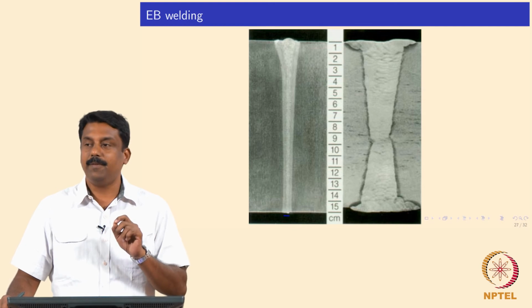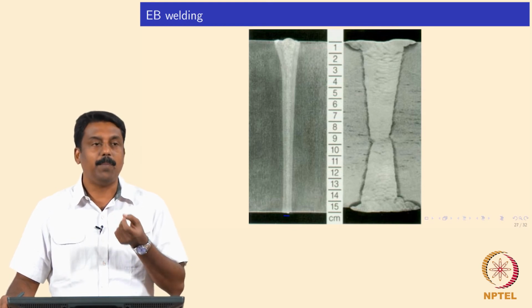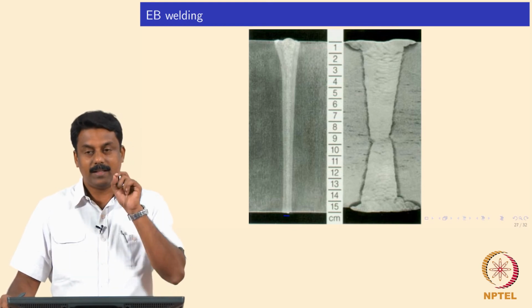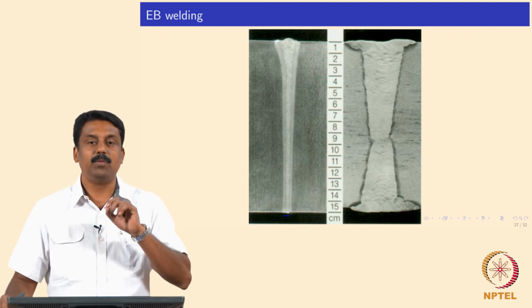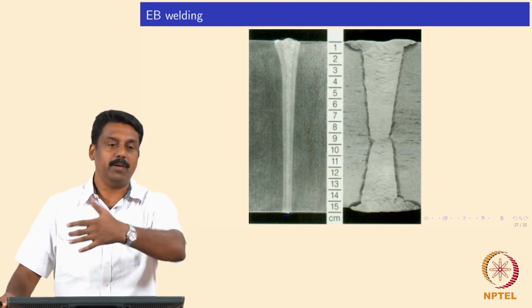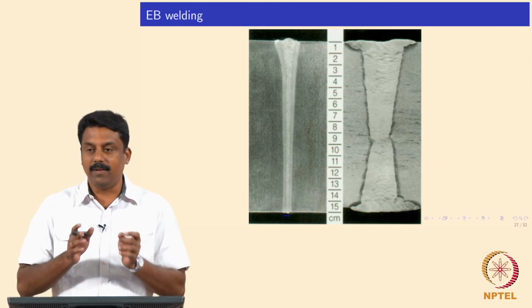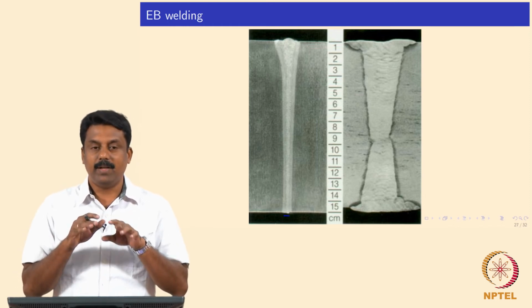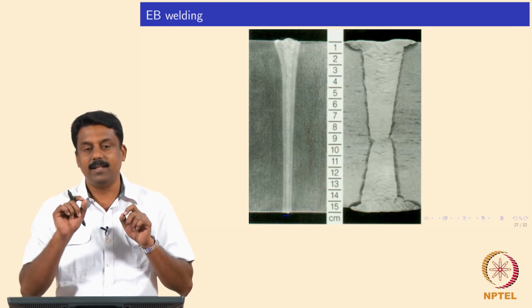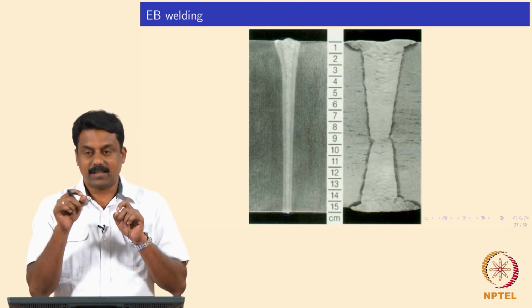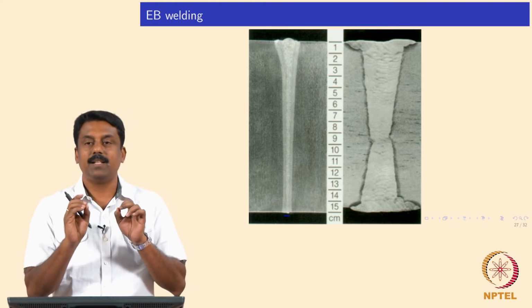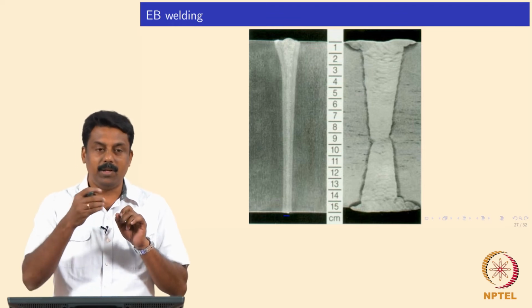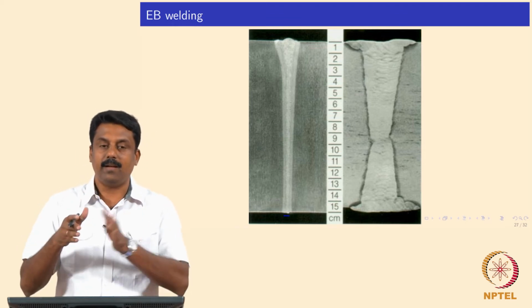If you do not use a proper stop procedure, the keyhole would remain as a keyhole, because it would not be filled by the surface tension of the liquid. Okay, so that is why when electron beam welding is finished, we always maintain a very low current or low power in such a way that we just melt or superheat the liquid which surrounds the keyhole at the end of the weld.